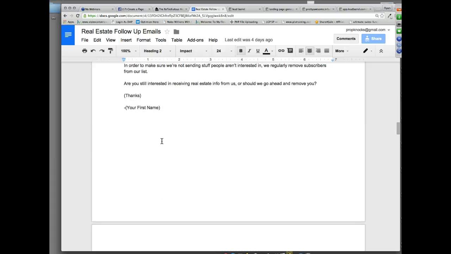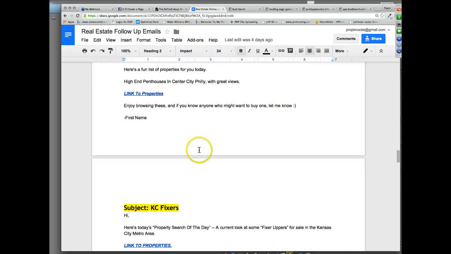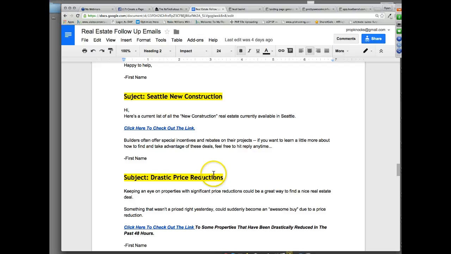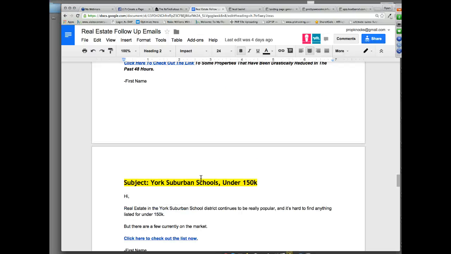Then pepper in some niche-focused property search. So, here's a list of all the fixer-uppers. You send that one maybe every 20 days. You send your drastic price reductions every 10 days. And make them kind of recurring within